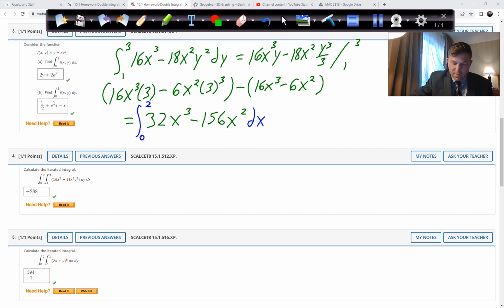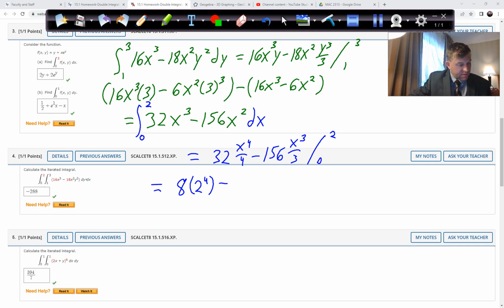So that is going to equal 32x to the 4th over 4 minus 156x to the 3rd over 3, and we're evaluating that one from 0 to 2. So we'll get 32 divided by 4, which is 8, 2 to the 4th, minus 156 divided by 3 is 52, and it's going to be 2 to the 3rd,